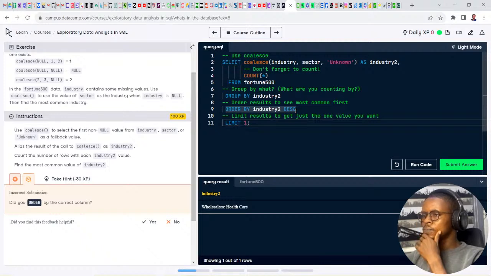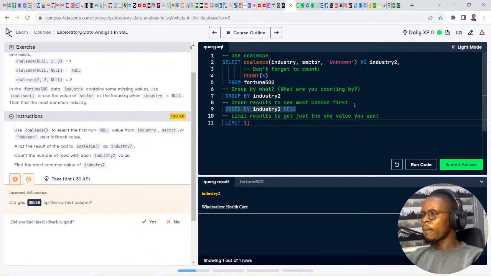Let me see, find the most common value. Alias the result of the call to coalesce as industry2. Count number of rows with each industry2 value. Find the most common value in the industry. Order the result to see the most common first. The most common first.